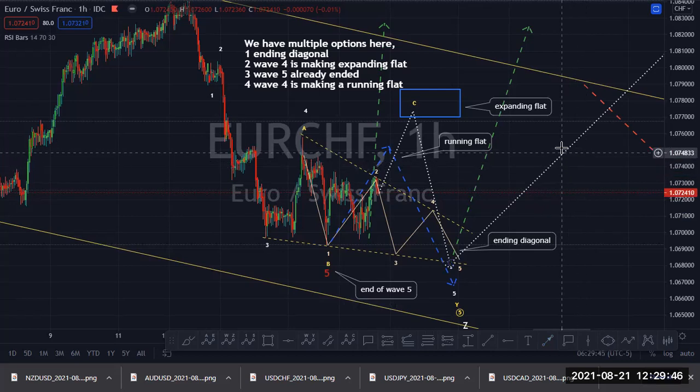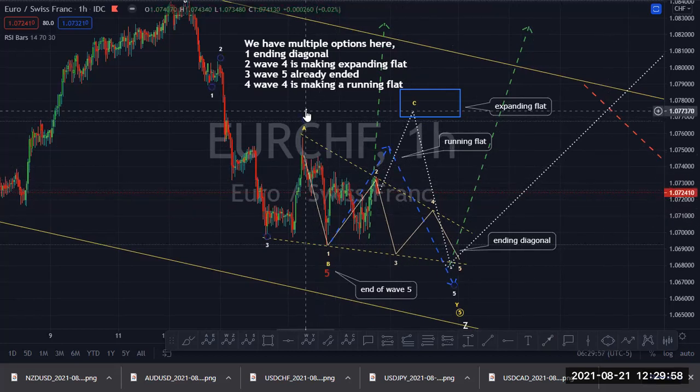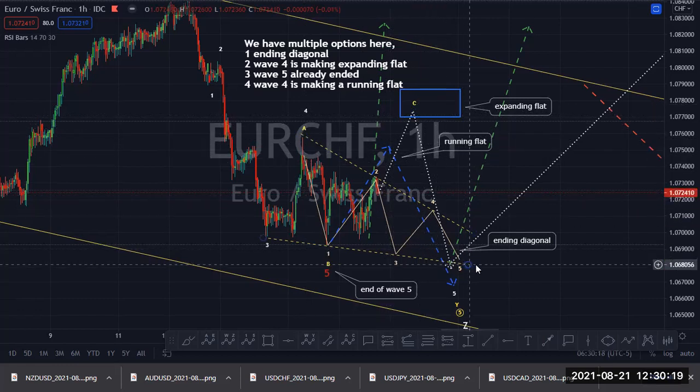the market is making an expanding flat. In that case, this is wave 3, this is wave 4. But if we are having an ending diagonal, of course, here is also wave 4. On the expanding flat and the ending diagonal, here is wave 4. Then this is A, and this is B. Then C will end somewhere here or before here. But once C is above the start of wave A, it's an expanding flat, before we have another 1, 2, 3, 4, 5 that ends the move, either at this place or at this